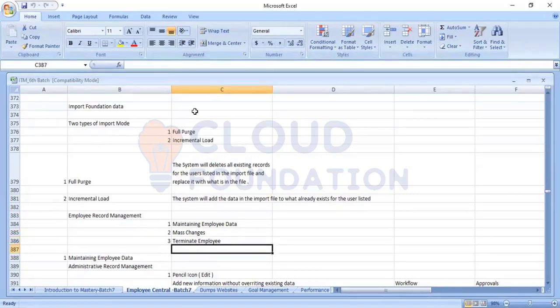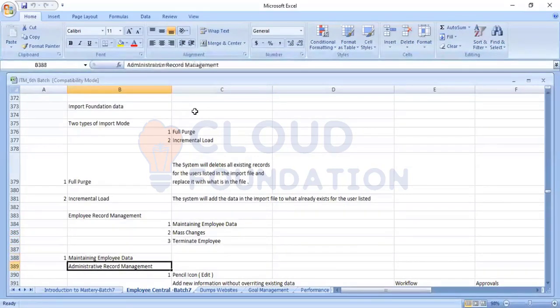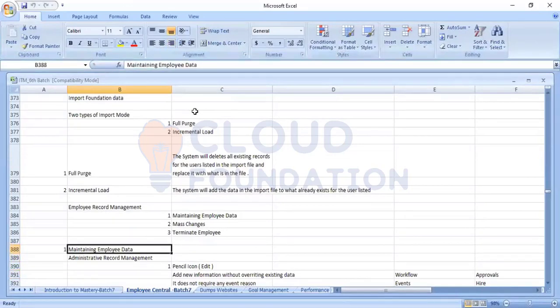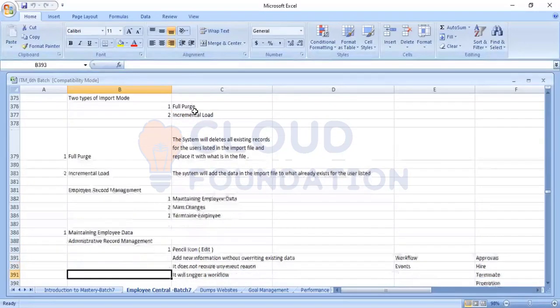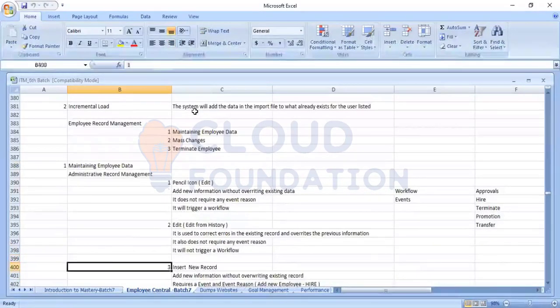Under maintaining the employee data, the first one, we have certain administrative record management. Administrative record management is nothing but the administrative tools which are used in the employee profile. When you open an employee profile, you can see the administrative tools there, and those administrative tools are divided into